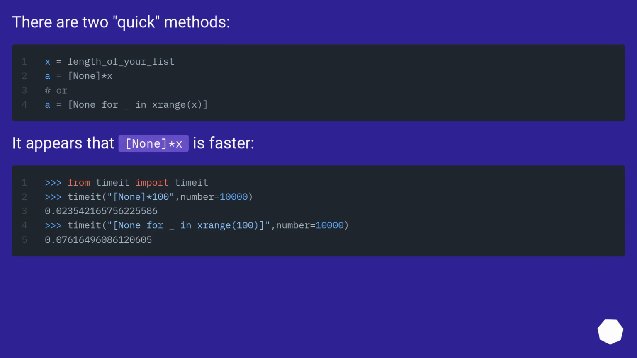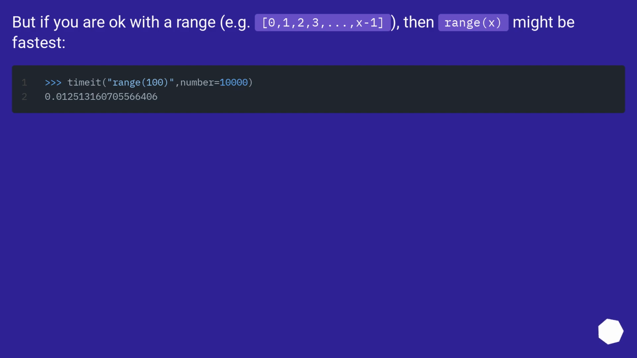There are two quick methods. It appears that [None] * x is faster. If you want to see more,